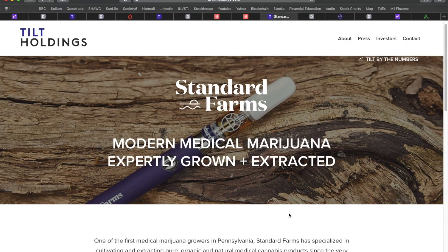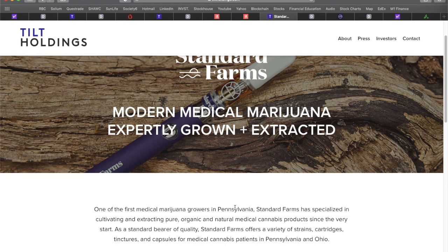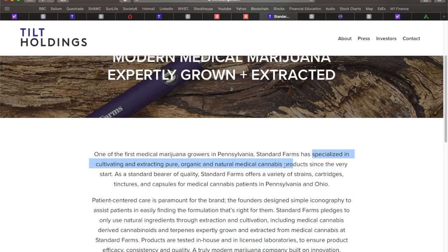And the third area of the business I wanted to talk about is Standard Farms. As the name implies, they are involved in the growing or cultivation space, but they also have a very robust extraction facility and operation as well. This one's actually based in Pennsylvania. However, they do serve patients in Ohio as well, and they're specialized in cultivating and extracting pure and organic, natural